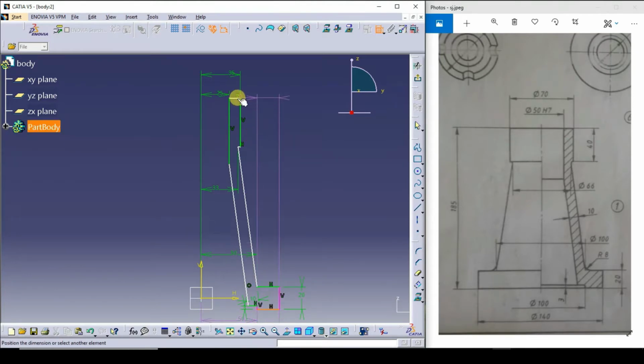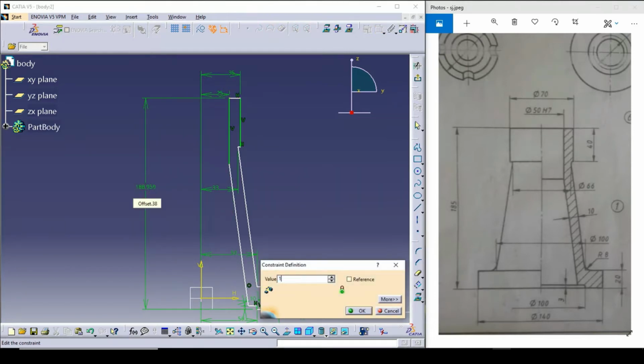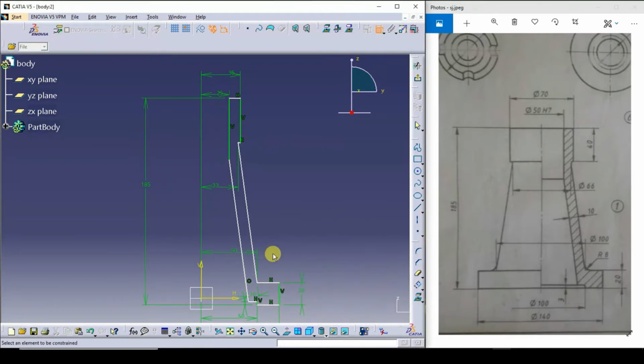From here to here it is 185. Next, what I do, just I'll coincide this, press escape button, not escape from the dimensioning.